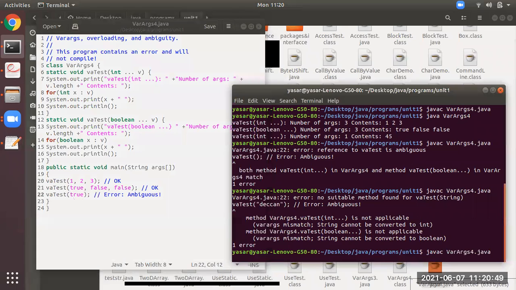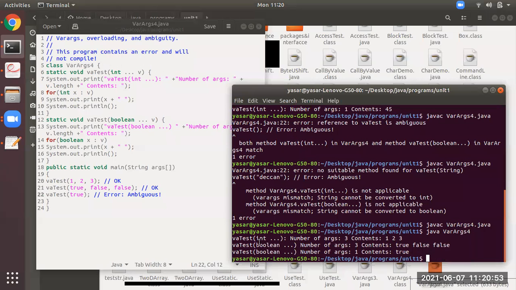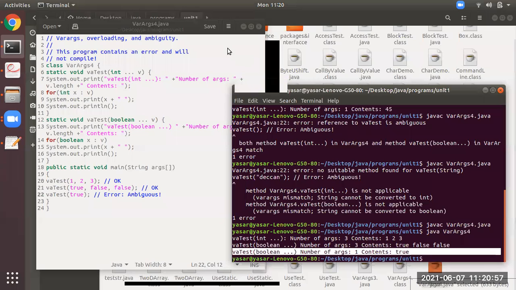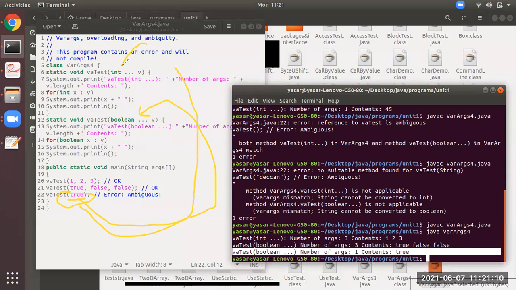See here, it is compiled. Now run it. See the last one. Now to whom it is able to call? It is able to call to the next method. Why? Because the argument is now true. Before, what I did, I passed here 40 to 45 as argument, so it was able to call this one.